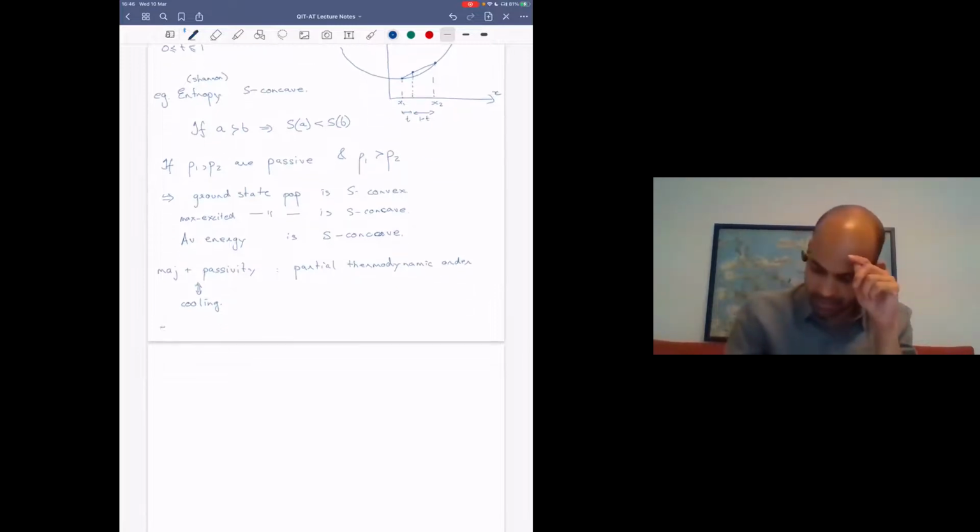There is one exception to this, and that's the free energy, which, we will discuss this more later, but just as a definition, it's E minus TS, so I can write E minus 1 over beta times S. This is not